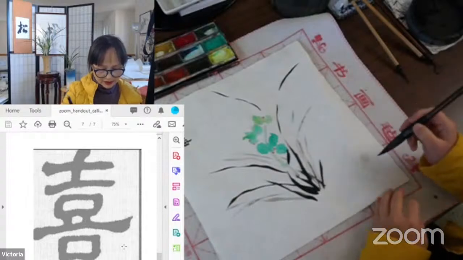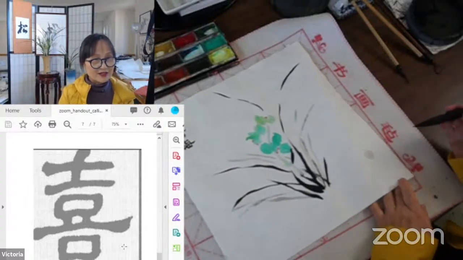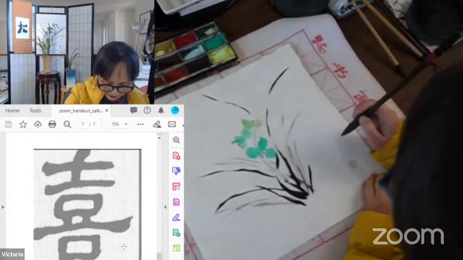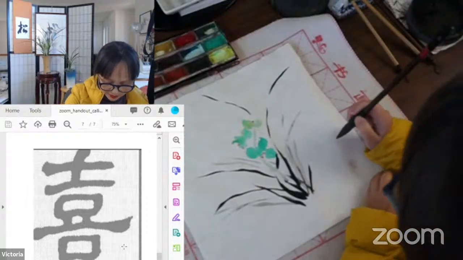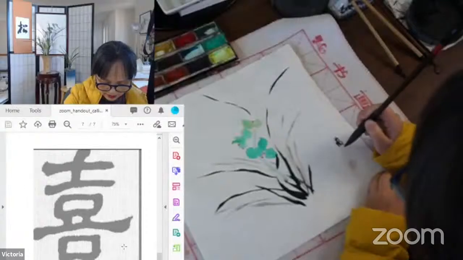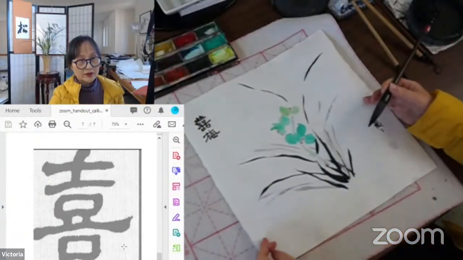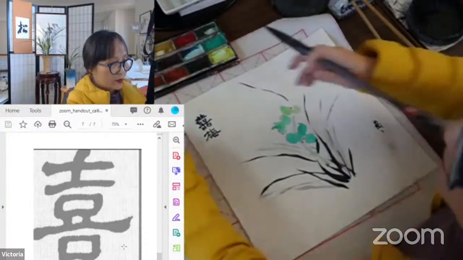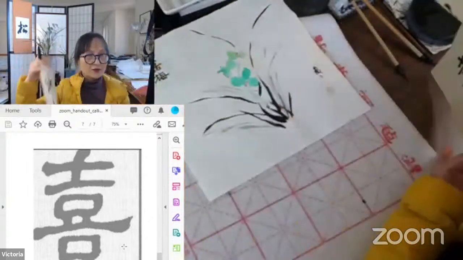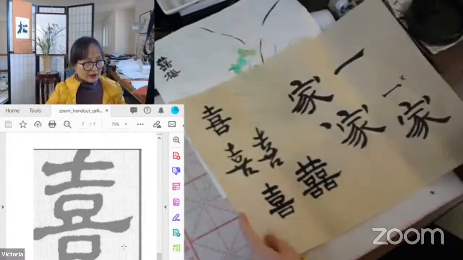Okay, and my name here, and later I will put the seal there. I didn't bring the seal here. I should use the smaller brush. And the seal, I will put here later. Actually, for the new students, I give out the handout from the Mustard Seed Garden painting menu. You know, for the